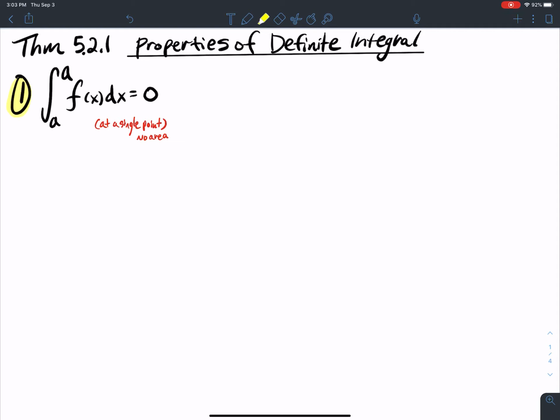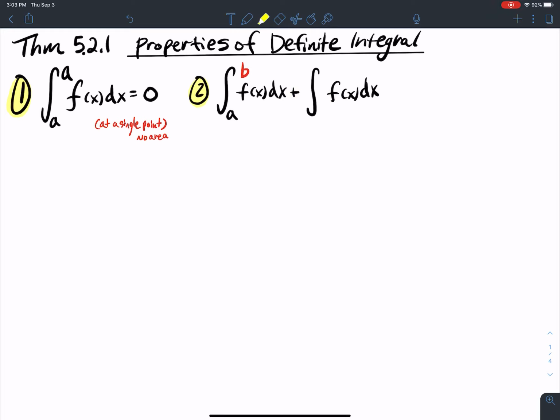So if you ever see a hard integral, but then the limits of integration go from a to a, then you don't even have to do any math. The answer is just 0. Okay, pretty cool trick. Now, another property, we take the integral from a to b, and then we add to